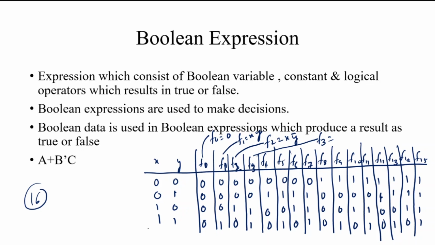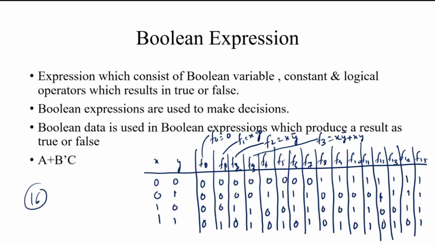So how do we write f3? f3 is written as what? Here we see that x is 1, which means it is written in unprimed form, and y is 0. This means that to make the output 1, because in this combination the output is 1, it is written as x y complement plus the second combination. Either this input combination is high or this one, then the output is high. This means 1 into 1, that is also represented as x